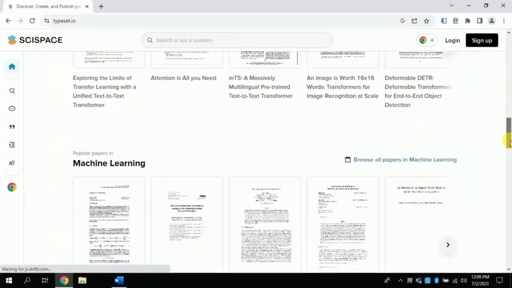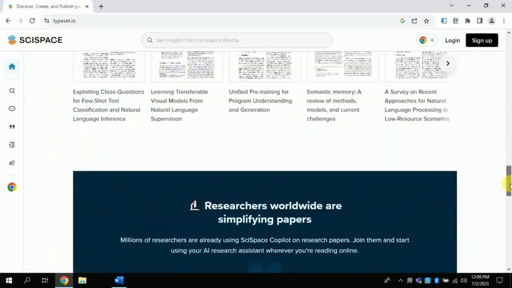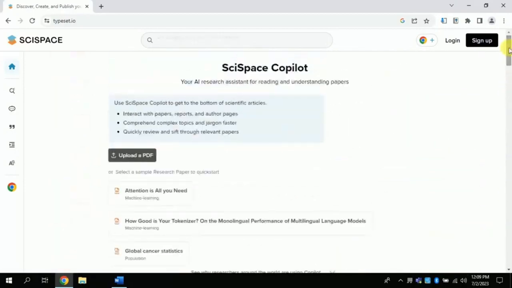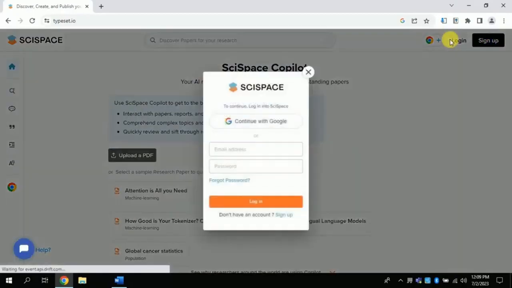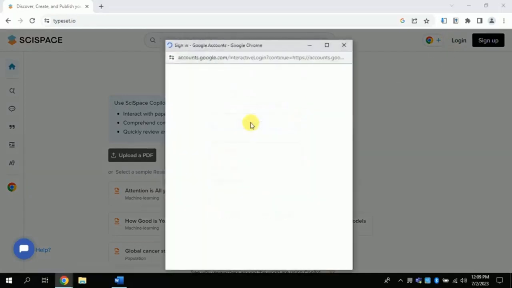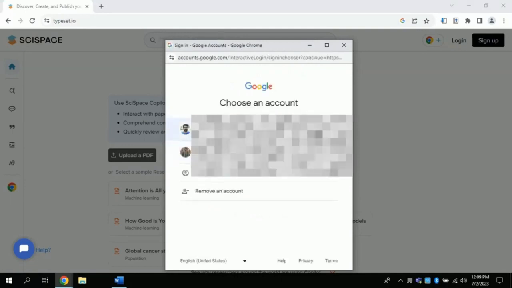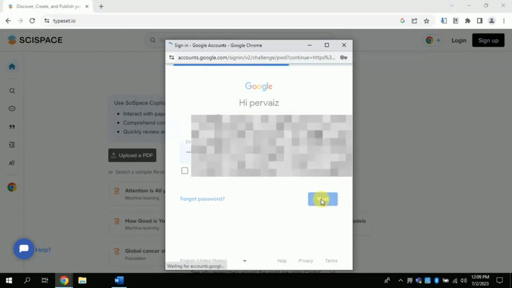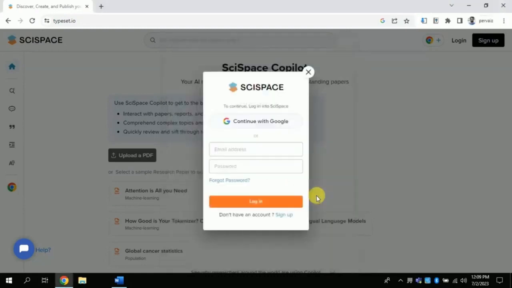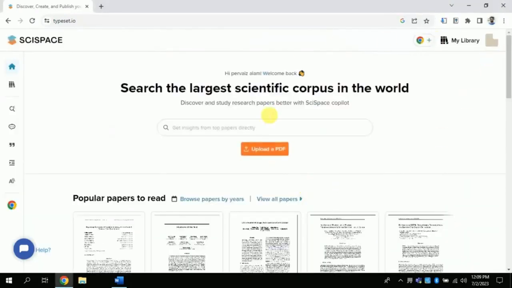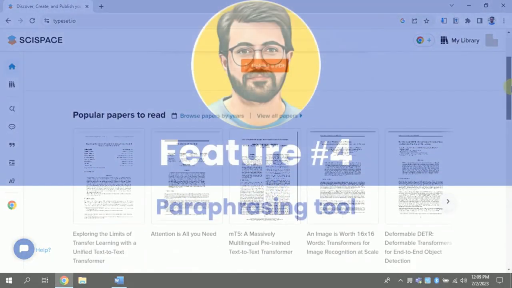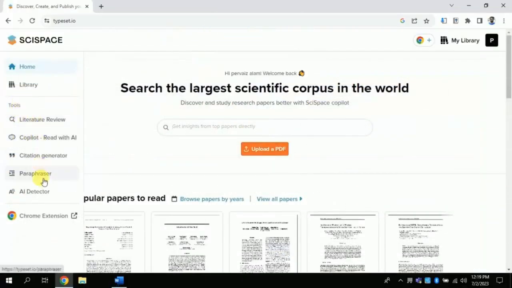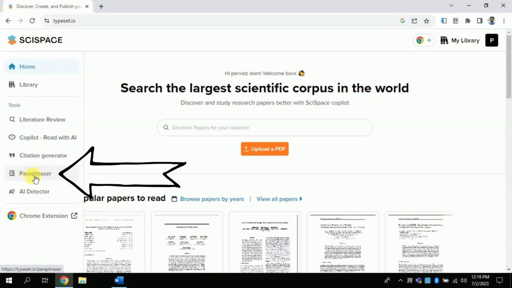This free AI has been particularly created for research assistants. So let me log in first. And for that I am using my existing Gmail account. You can follow the same process. Let me input my information. And boom! Now I have logged in into this free AI. So, this AI gives an opportunity to paraphrase various provided text free of cost in just a single click.